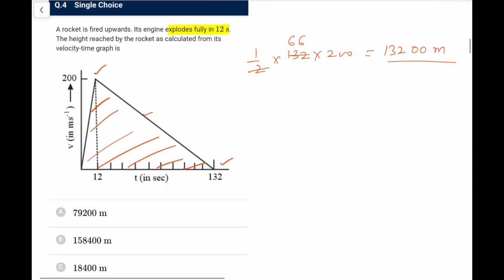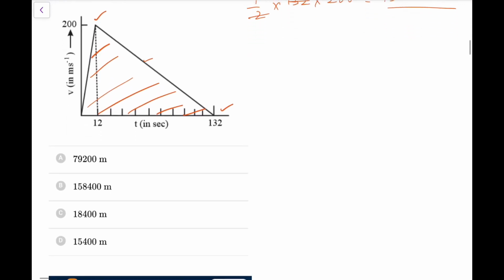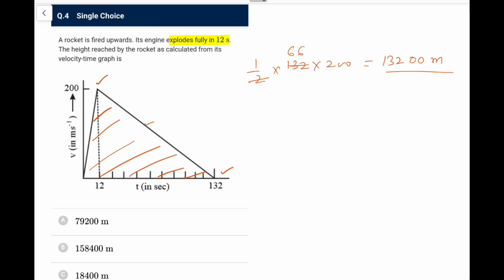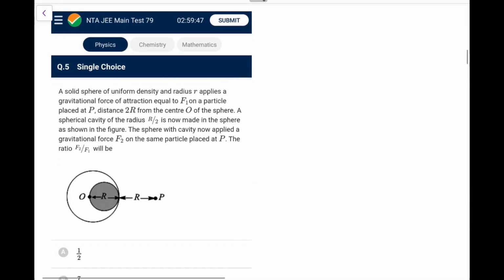Or what we have, this is coming out as 132, 13 sixty-six twos are, yes, 13200 meters I'm getting. So there is no option. If I look at the options, it appears that they interpreted this as 1200. If it was 1200, it would be, let's say, 6 times of that, and then it would have been 79200. But right now I'll say this would be bonus because we cannot make out for 200. This is coming out like this.